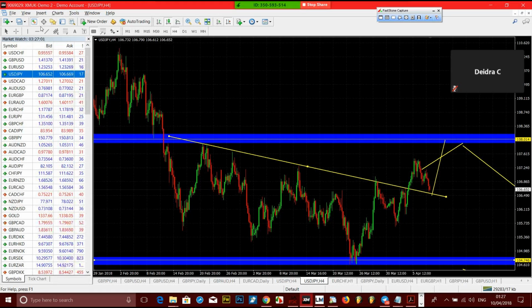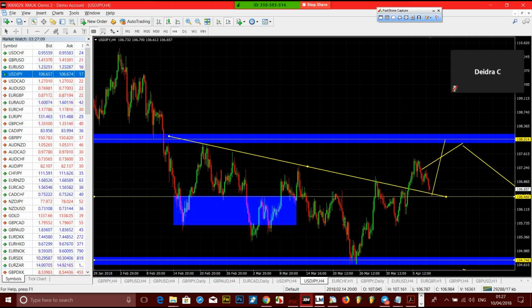There's a level here. Let me use this as the line first. There's a level here as well. You can see it if you have your charts. You can see with me, there's a level here as well. So you may want to put your stop loss below that, or if you want to be very safe, you can just stick it here. But that's lots of room for stop loss. It really depends on what you want to trade.